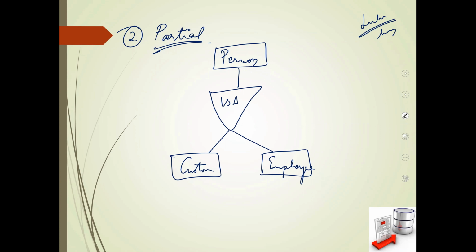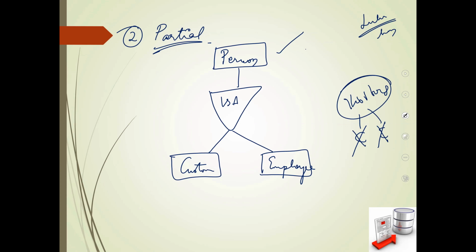But if you think about all the people who are at a particular time inside the Lulu hypermarket, you cannot correctly classify them into only these two categories, because there can be another category other than customer and employee. Like, you do have a bunch of visitors over there, people who simply come inside. They are not a customer. They are not an employee either.